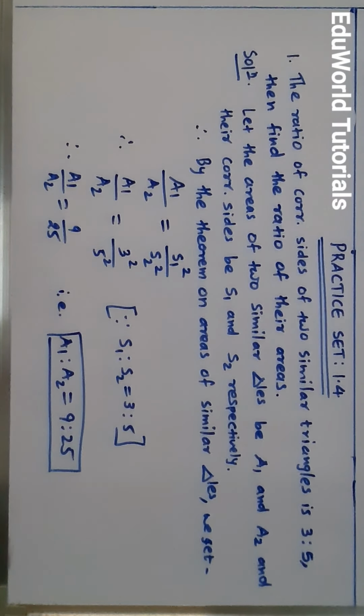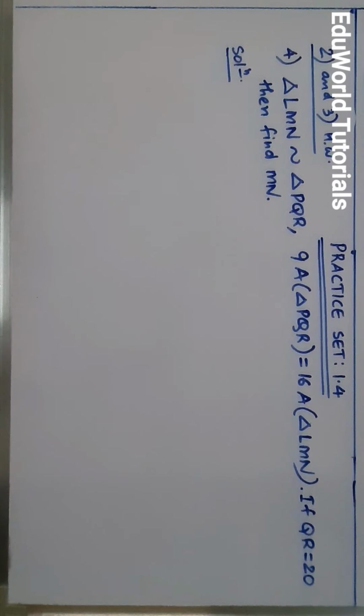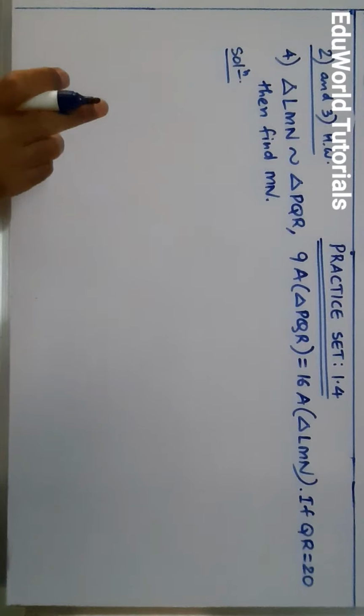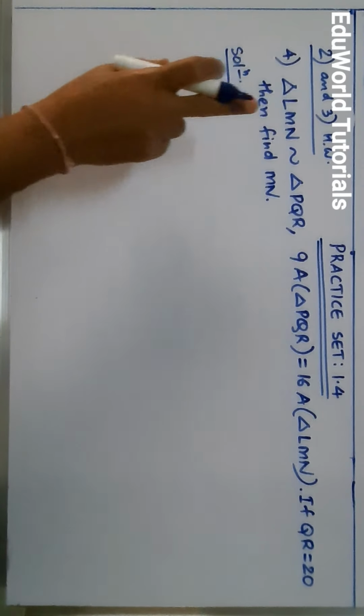Now we will move on to sum number 4. Sums number 2 and 3 are just fill-in-the-blank type questions. Try to write them yourself, or in another lecture or video class, I will show you the way we have to do those sums. The 4th sum we are doing now. I am copying the 4th sum. Please see it. So students, here is the 4th sum. The 2nd and 3rd sums you will do at home.